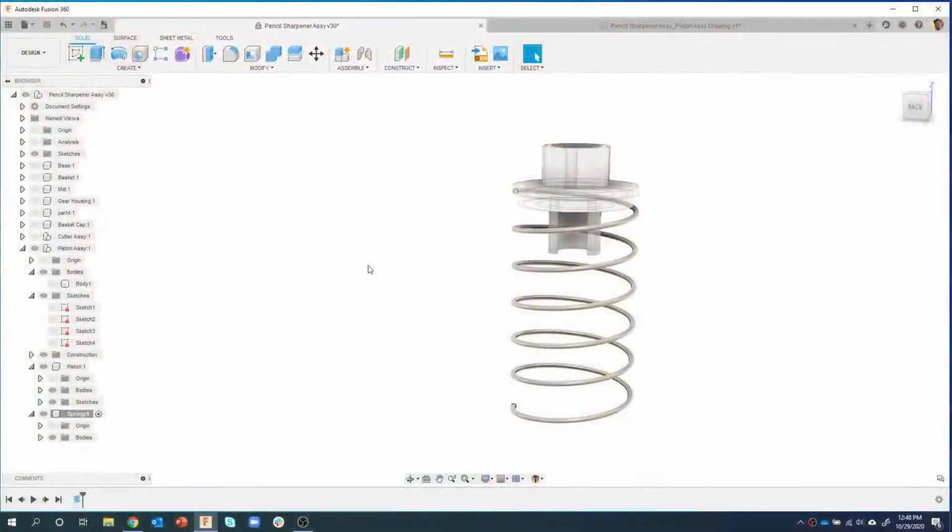Now I wish I had my parts with me. The spring that's in the example coils around, and then it has a little section near the top and a little section near the bottom where it's kind of flat. You see that typically on springs, and so we're going to recreate or simulate that with this. So I'm going to turn off the piston,